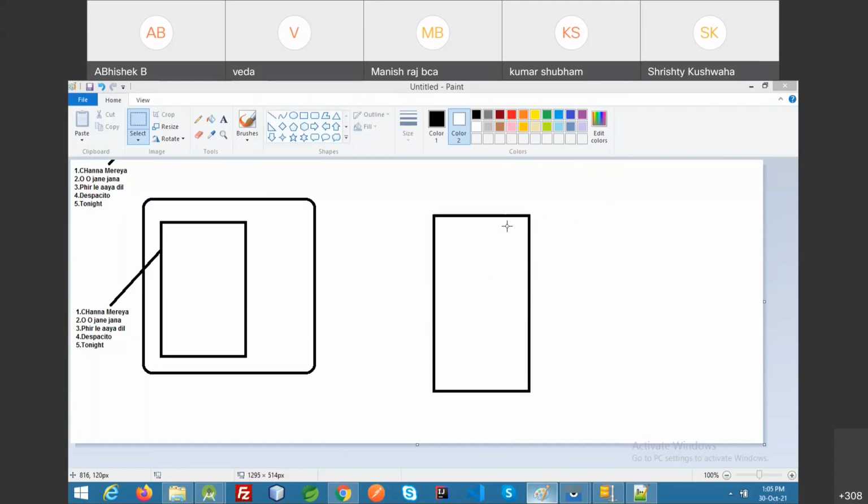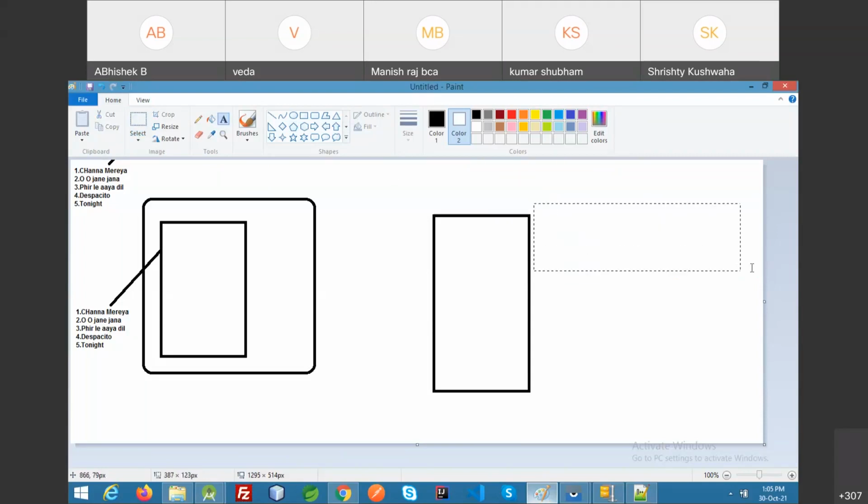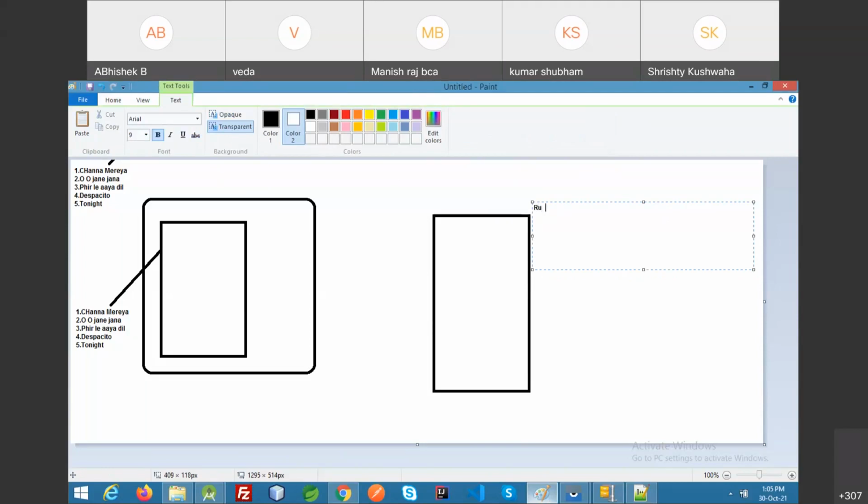But after Marshmallow, we needed the permission to read and write from the directory, because otherwise anyone can read your stuff. This is called runtime permission.